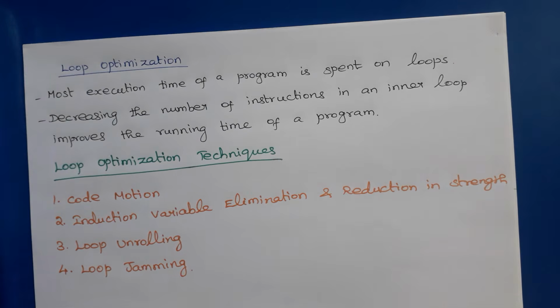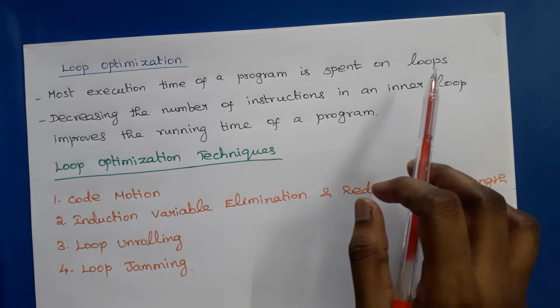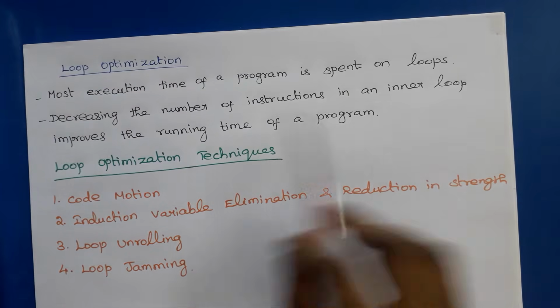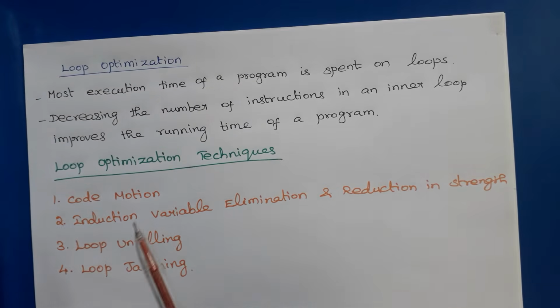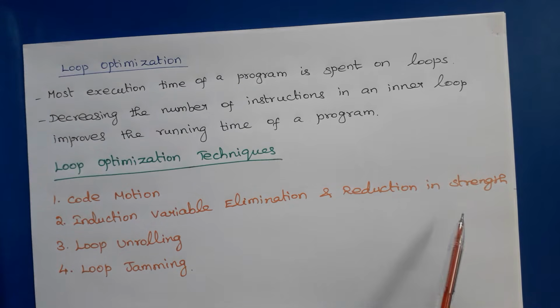Hello all. In this video, we are going to discuss loop optimization. Most of the execution time of a program is spent on loops. So if we decrease the number of instructions in the inner loop, then we can improve the running time of a program. These are the loop optimization techniques: code motion, induction variable elimination and reduction in strength, loop unrolling, and loop